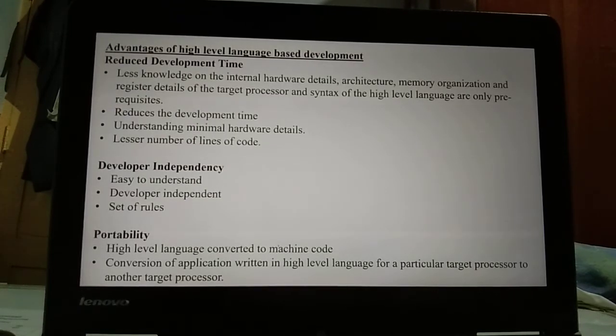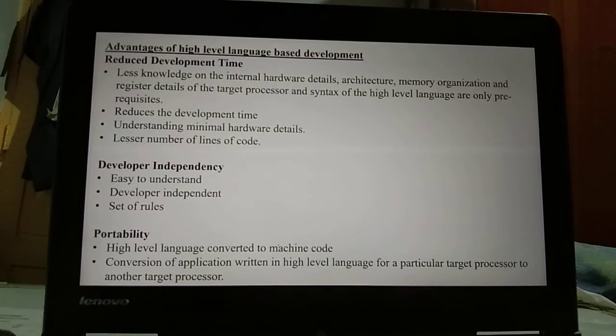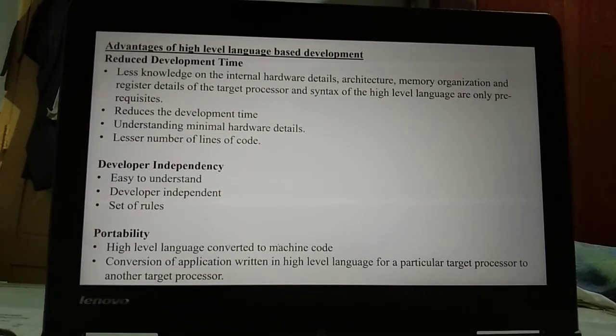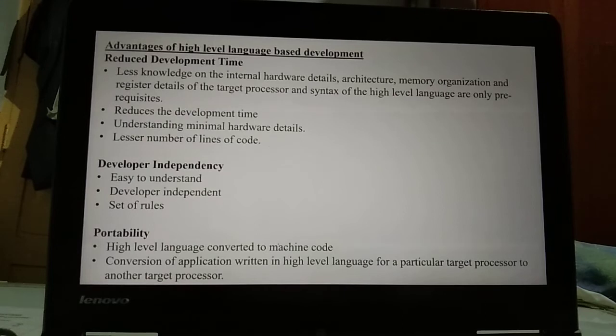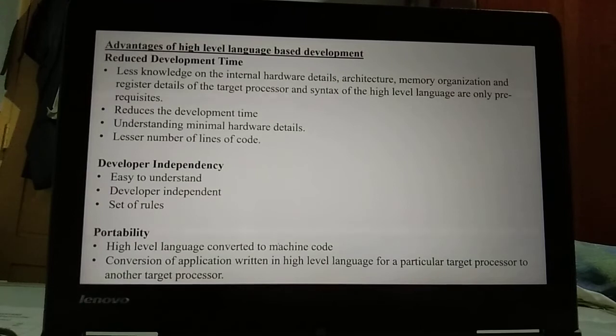Portability. High-level language is converted to machine code by using cross compilers, and this is dumped into the processor, and this is the processor understandable language.